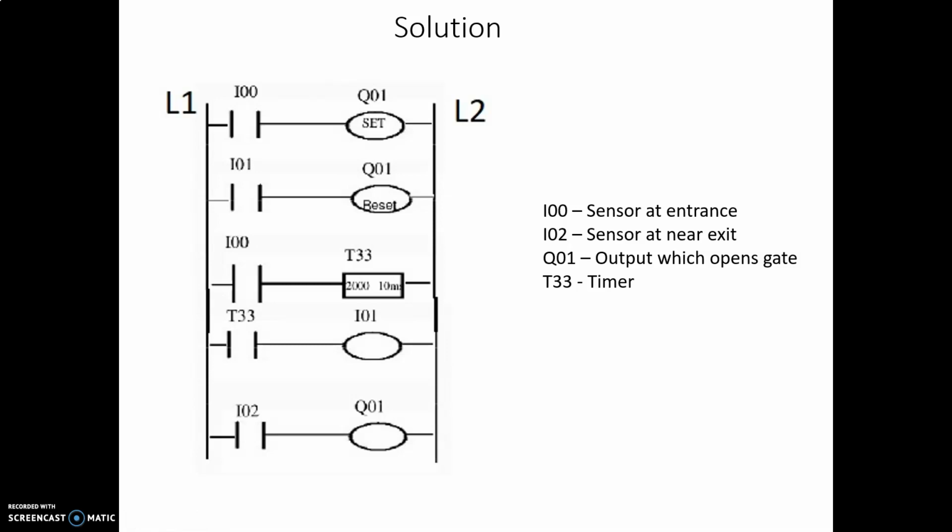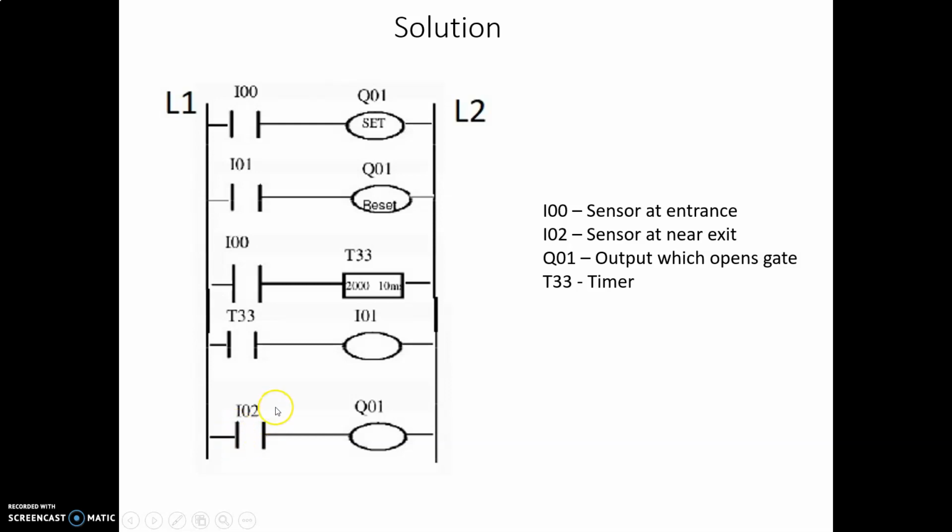Now the next thing is that there was one more condition. The condition was that, let's say, in this 20 seconds the vehicle is not able to pass, then what should be done, right? To understand that, we have this last rung here. So we will use this sensor at the near exit point for our part here. Let's imagine, for example, that the vehicle gets stuck in between. Our sensor at the near exit point will recognize the information that the vehicle has still not passed.